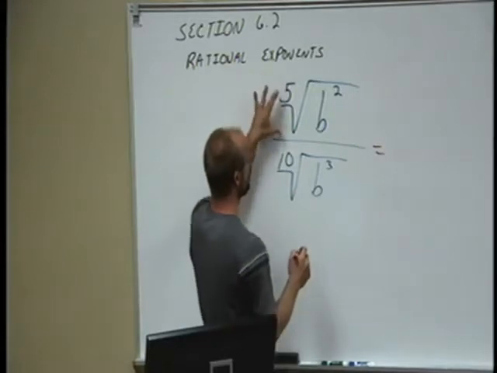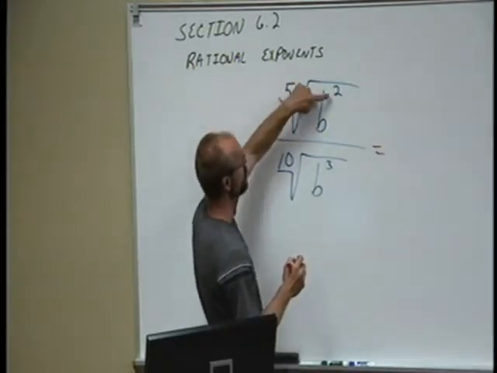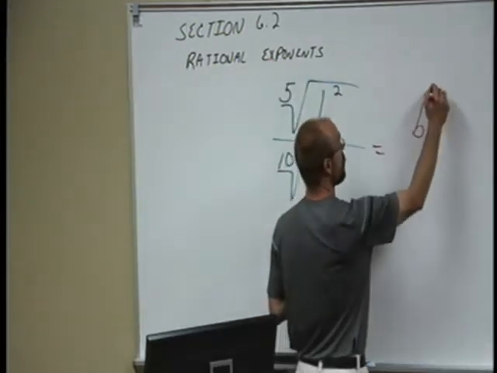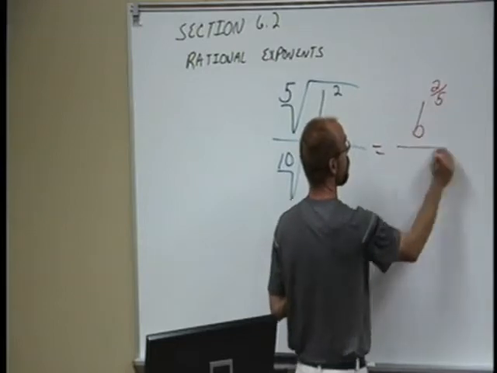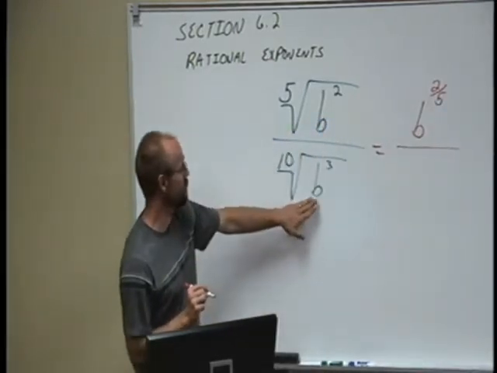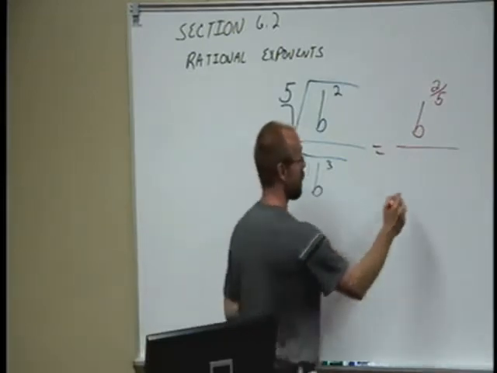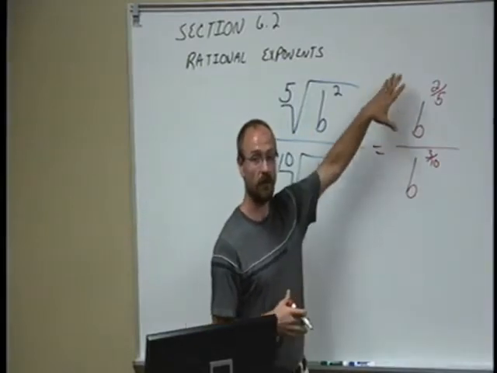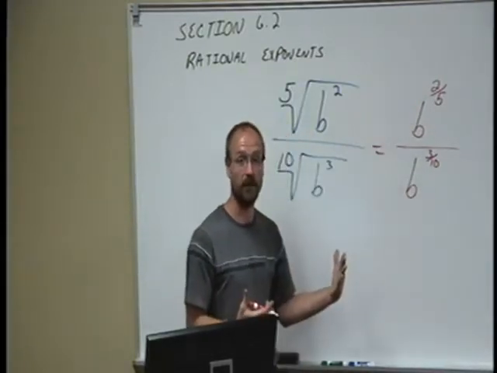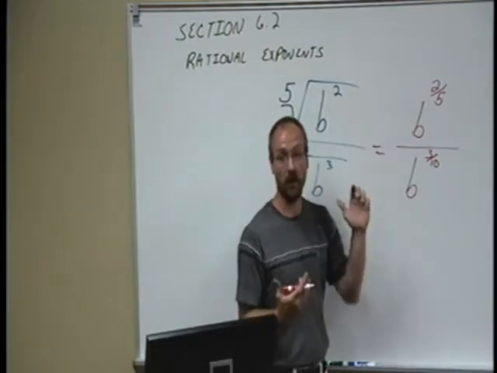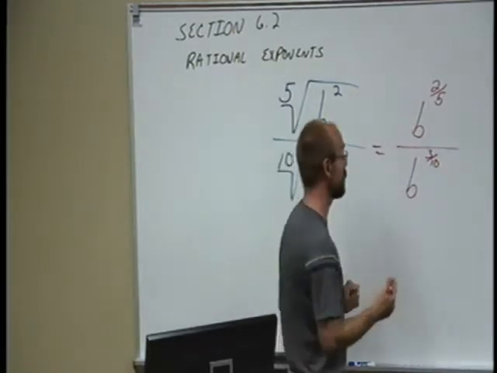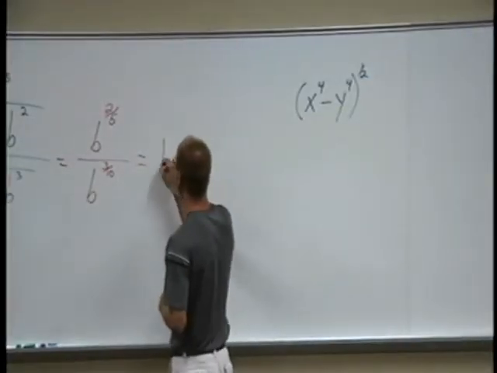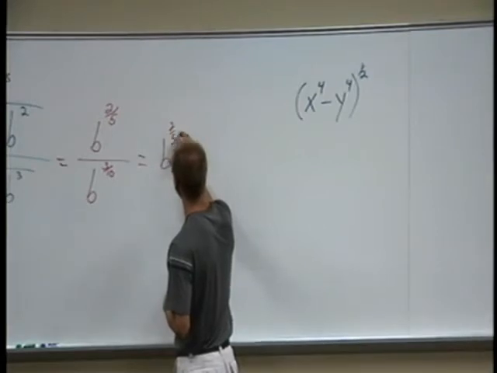Well, if we deal with the top first, where this is my denominator and this is my numerator, so it's 2/5, I can rewrite this as b to the 2/5 power. Here I can write this as b to the 3/10 power. And now if we think about it, well, hey, this is just some base b. They have the same base, and they're raised to some power. Well, I can use the quotient rule here. And if I do that, I can rewrite this as b to the 2/5 minus